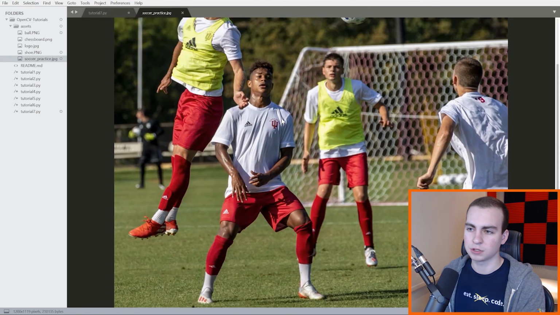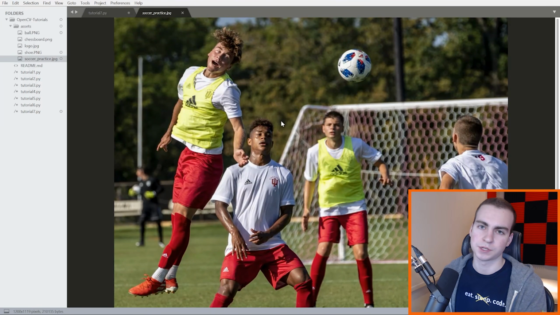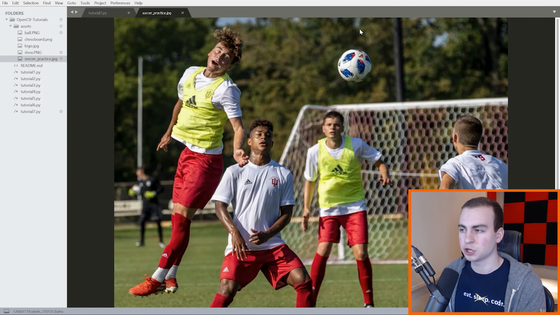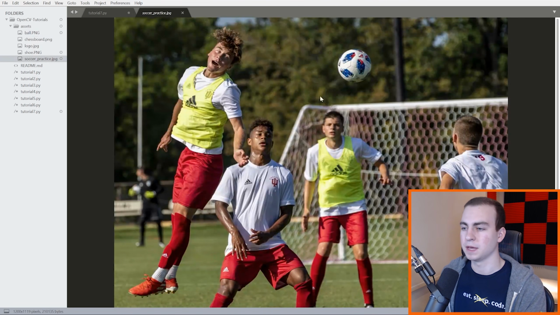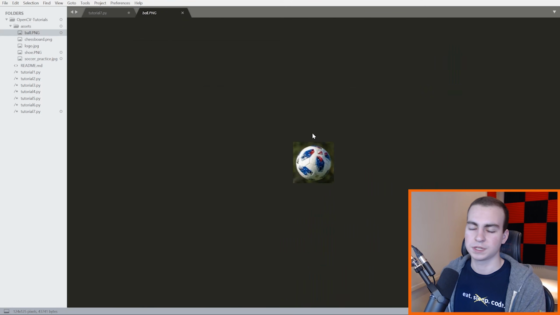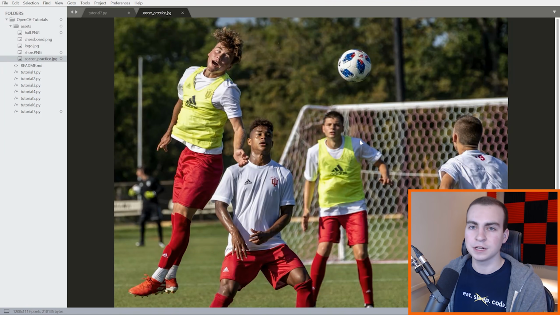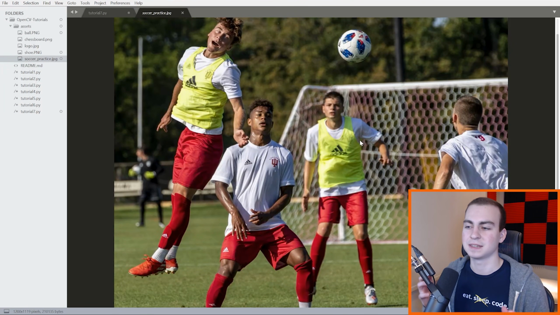So what I mean by that is, let's say this image is like 1500 by 1500 in terms of pixels, width and height. That would make our ball maybe 150 by 150 or 200 by 200 pixels, something like that, if you were just drawing a rectangle around it. So you want to make sure that your template image of this ball, ball.png right here, is around 150 by 150 or 200 by 200 pixels, such that it's going to be easier to find in the base image. If your ball here was, say, 1000 by 1000 and your base image is 1500 by 1500, it's going to be very difficult to find this ball, because the template you're passing is more than half the size of the image, right? So just keep that in mind.